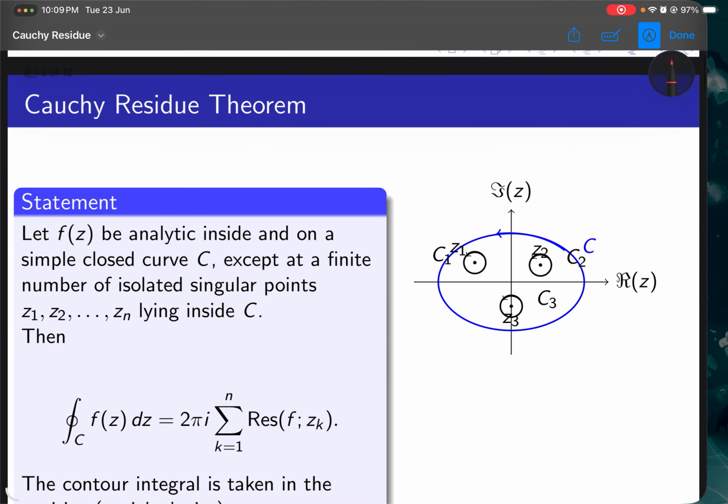Let f of z be analytic inside and on a simple closed curve C except at a finite number of isolated singular points z1, z2 and so on zn lying inside C. Then the integral over C f of z dz is equal to 2 pi i summation k is equal to 1 to n residue of f at the singular points zk. So k is equal to 1 to n. That means the sum of the residues of